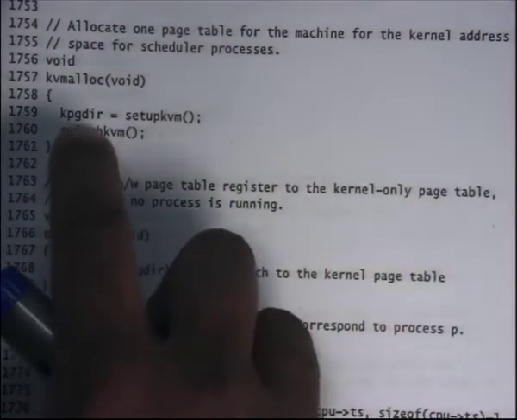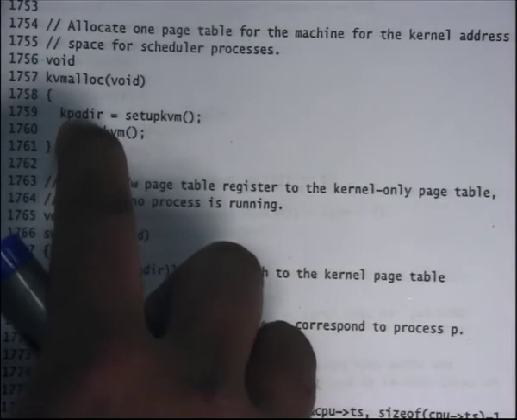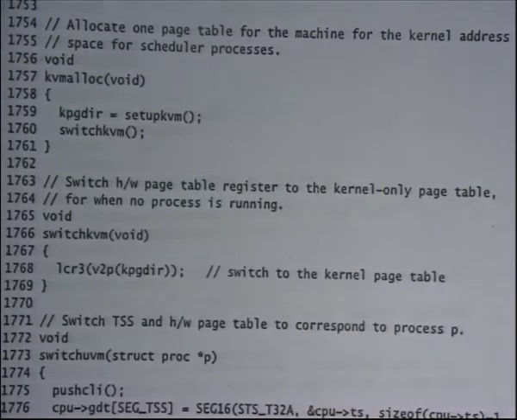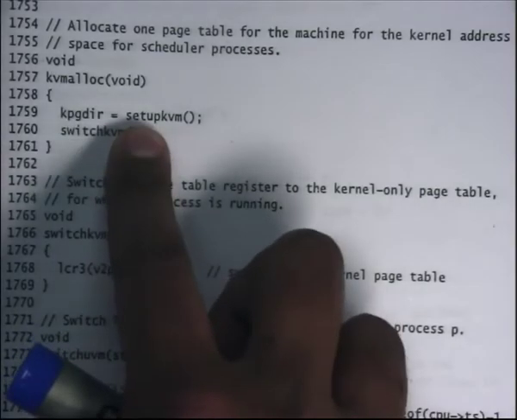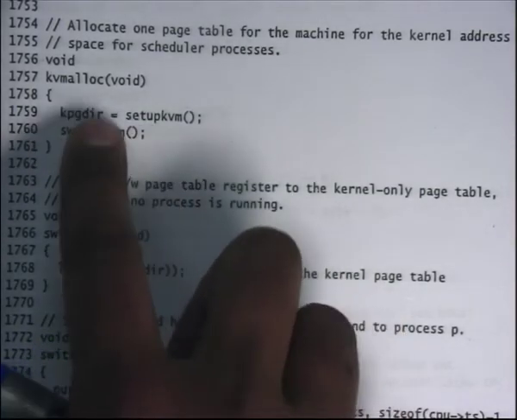That returned pointer will be a virtual address in the kernel space, right, because everything in the kernel from now on is in the virtual address. When you allocate a page, the return value that you get is also a virtual address. So if you want to convert it to a physical address, you need to subtract KERNBASE, 2 GB, from it, right. So this function is going to allocate a page table and return a pointer to it.